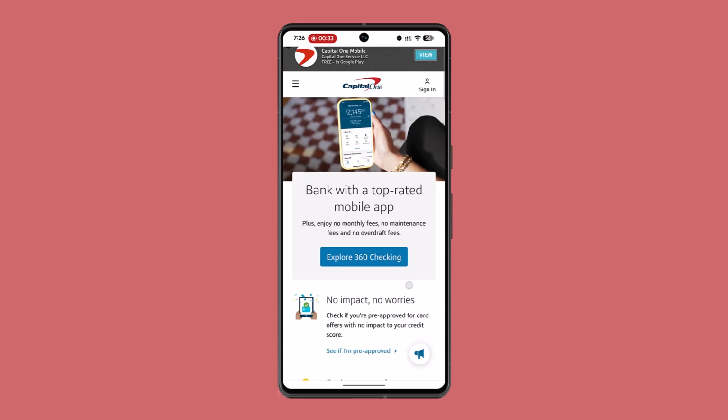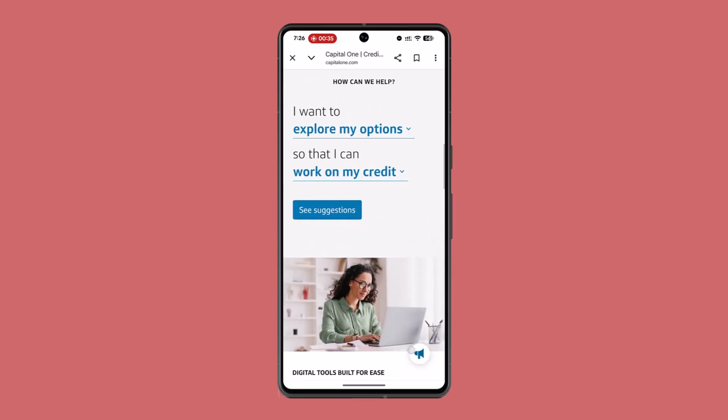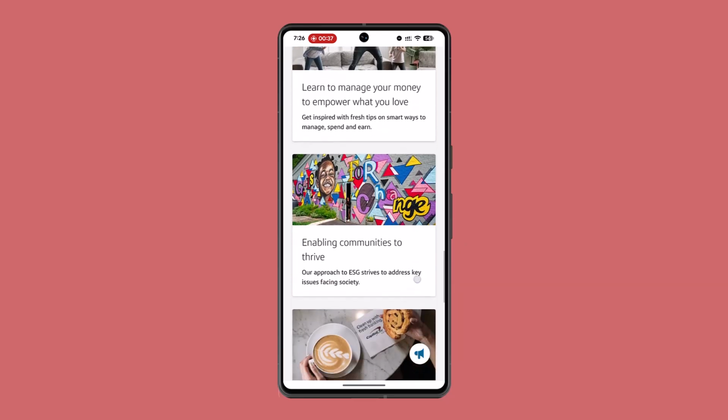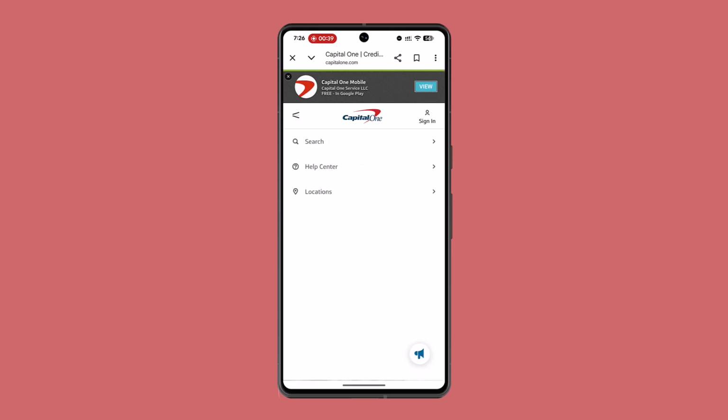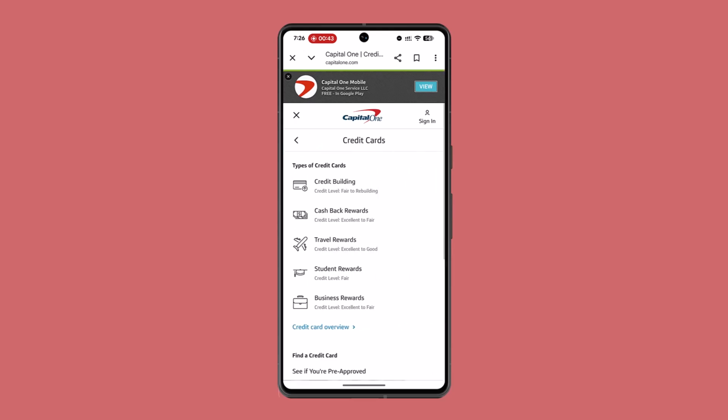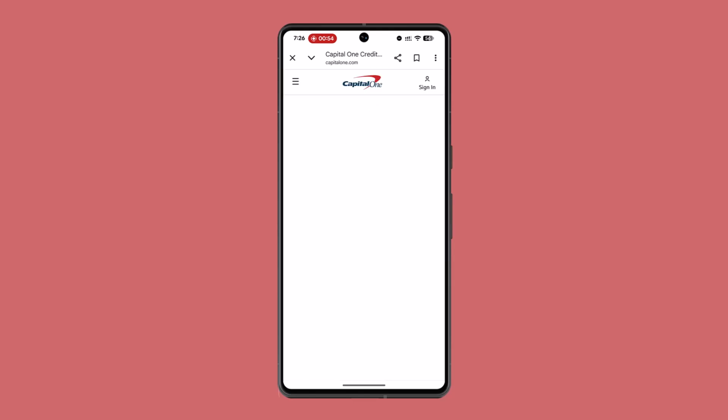Over here, you just want to scroll down and start looking for the credit card section. You could find it here. If you cannot find one, you could tap onto the menu bar and go to the credit card section. So you have different types of credit cards, like credit building, cashback rewards, travel rewards, all these. You could just go ahead and select credit card overview and start looking for the credit card that fits your